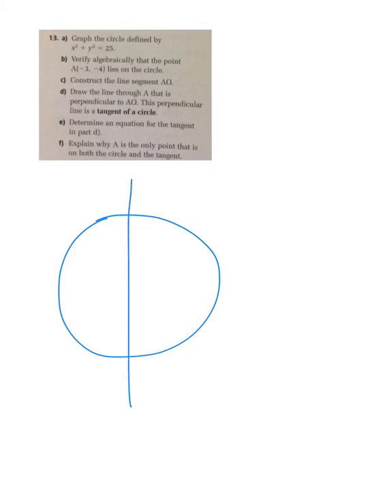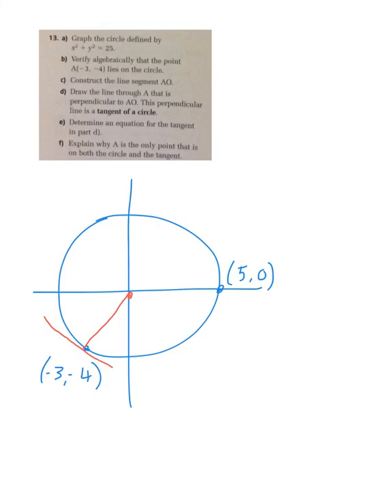Question 13 will be the homework. And again, if you work through it, just do a quick diagram for you. There's your circle, there's your axes. Again, we know x squared plus y squared equals 25, so the radius is going to be 5. That point there will be 5, comma 0, we know that. And they give you a point -3, -4. And it says construct AO, well there's AO. And then the final part is the tangent line. And the tangent line is the line that's perpendicular to the radius. So you've got to find this slope,